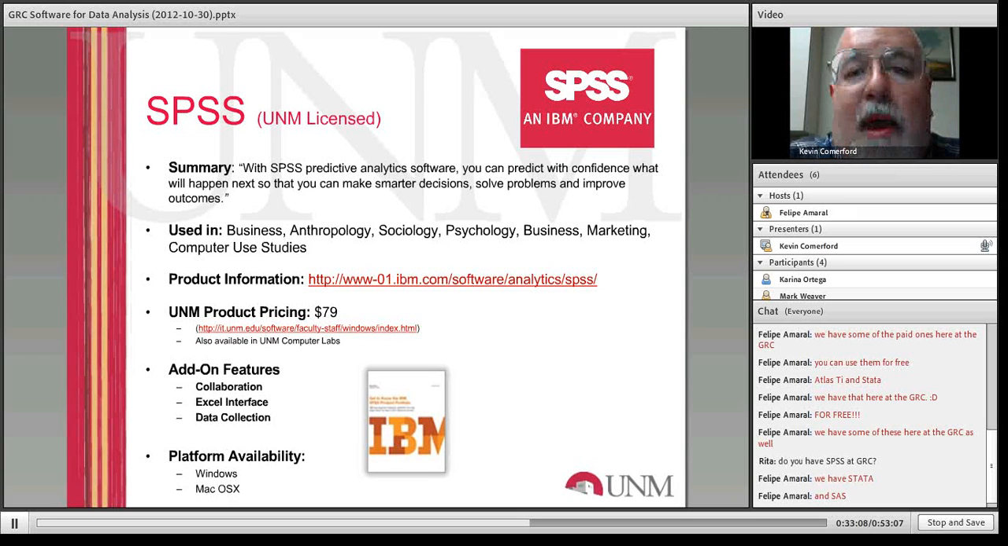Now, UNM has a licensing agreement for SPSS, and I believe you can get it at any of the UNM computer labs. Philippe, can you get that here at GRC as well? We have Stata and SAS here at the GRC. Okay. So any of the computer pods, the labs across campus, I believe you can get